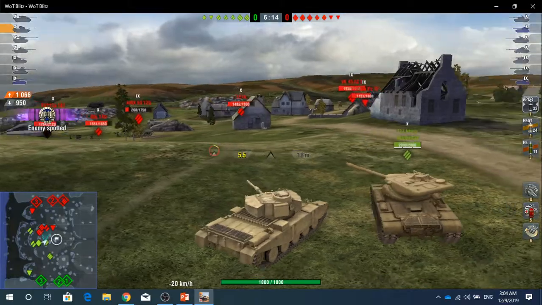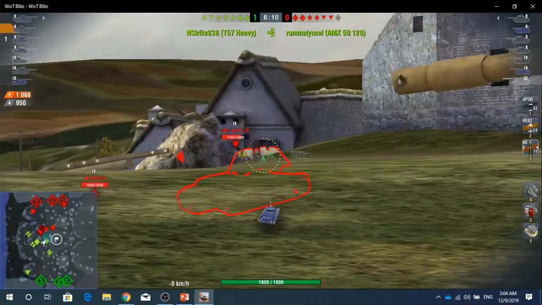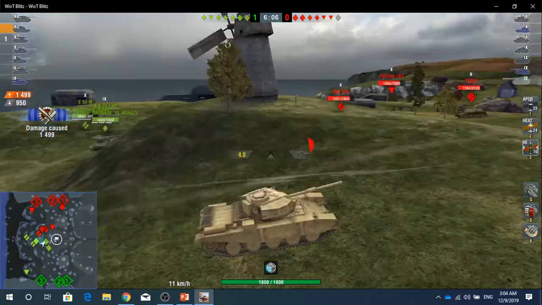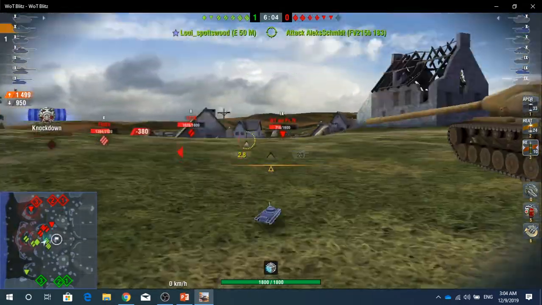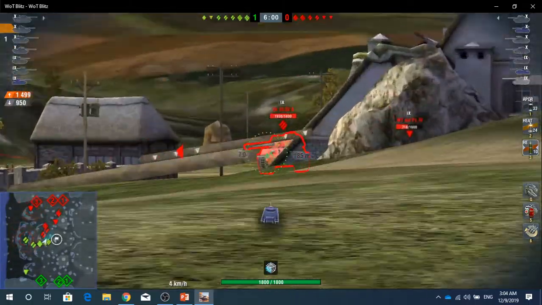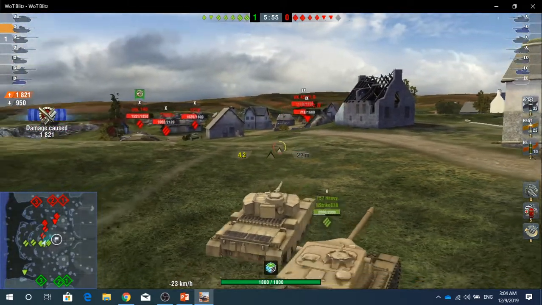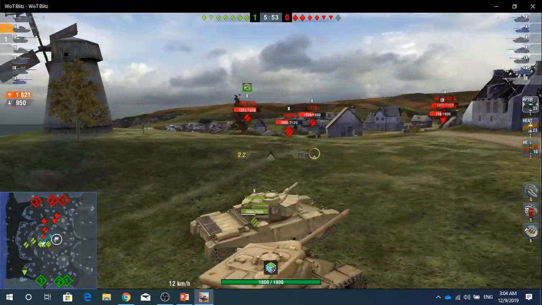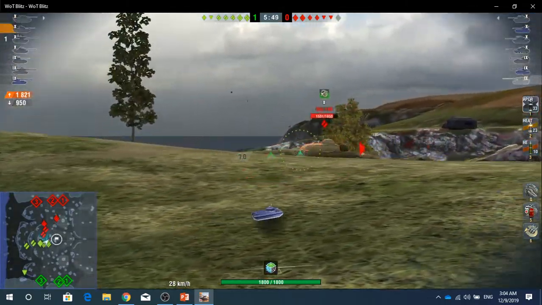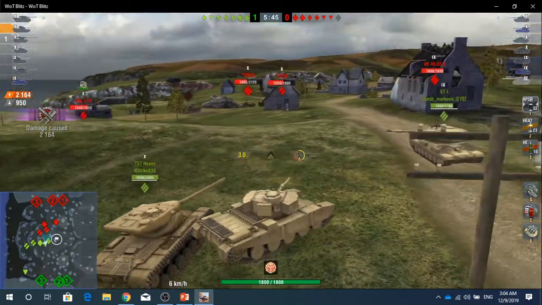I look for a shot there, but RNG is the only thing that matters in this game, and obviously I do not renew subscription. Looking again for another shot. Nope. So I just switch to HEAT and just put one into AK-45. He shouldn't be playing the tank anyway. You know, it's not terrible. I probably should have switched to HE, but